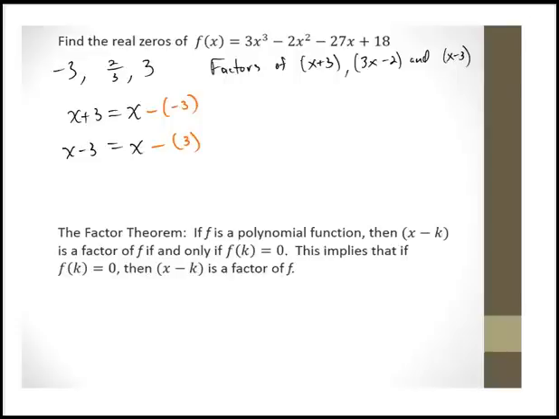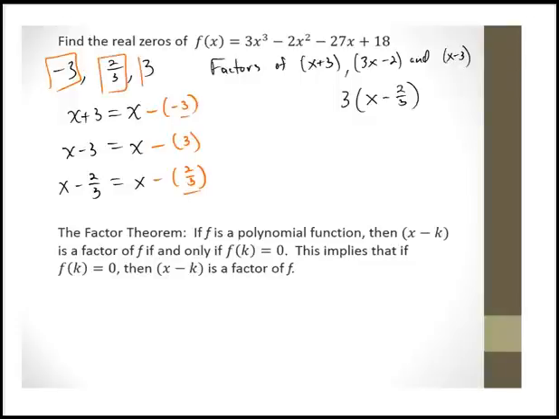Now 3x minus 2, I can write that as 3 times x minus 2/3 if I really wanted to. And so that x minus 2/3, if we look at that factor, that's x minus 2/3. And notice something here. Negative 3,